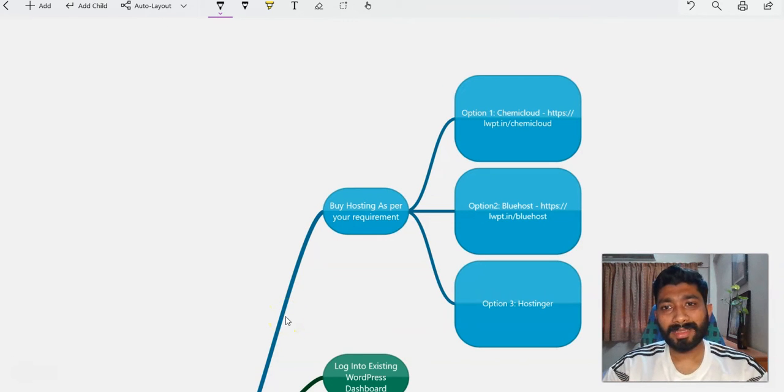In this particular example, since I've already shown you 3 options, one is ChemiCloud, the second is Bluehost, and the third is a Hostinger hosting plan, I'll go with option number 1 and show you how you can purchase with ChemiCloud. The process for Bluehost, Hostinger, or any other hosting provider is very much the same. So I jump into ChemiCloud's website, and you can use this link